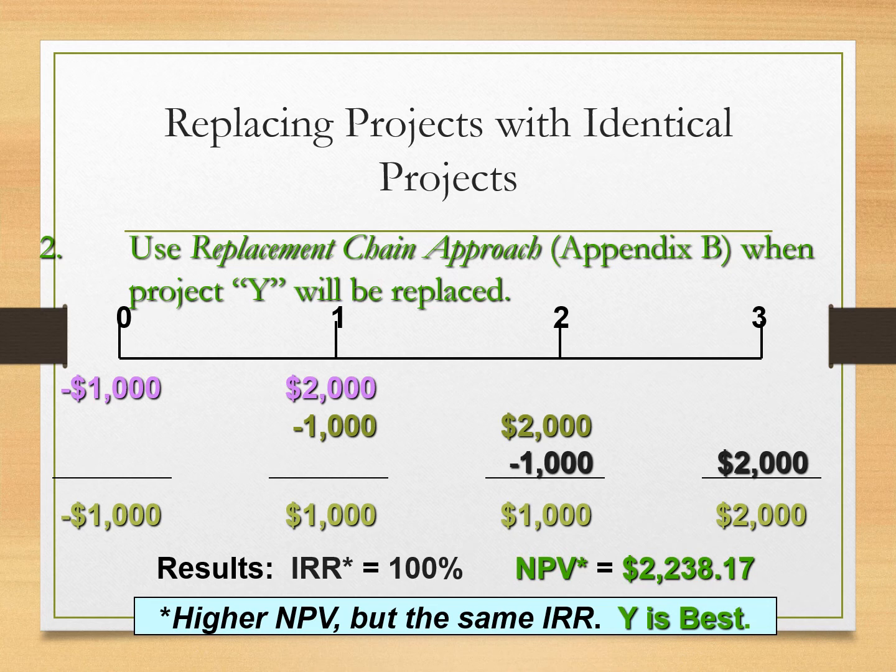नेक्स्ट ईयर में 2000 इनफ्लो में मिलता है। तो इसी तरह जब हमने फर्स्ट ईयर में दोबारा से री इन्वेस्ट किया तो सेकंड ईयर वी आर रिसीविंग 2000 अगेन। जब हमने दोबारा इसको री इन्वेस्ट किया तो थर्ड ईयर अगेन वी आर रिसीविंग $2000। उसके बाद हमने इसका आईआरआर निकाला, एनपीवी निकाला, तो हमने देखा कि नाउ इट्स एनपीवी इज $2238, जो कि प्रोजेक्ट एक्स से ज़्यादा है। और जिसका आईआरआर है वो 100%।